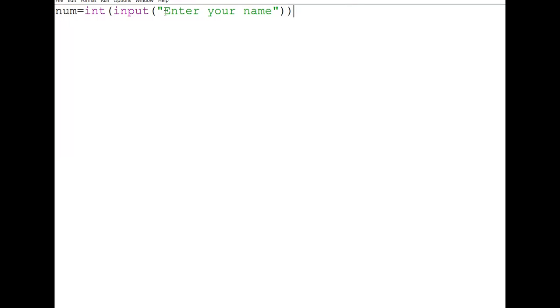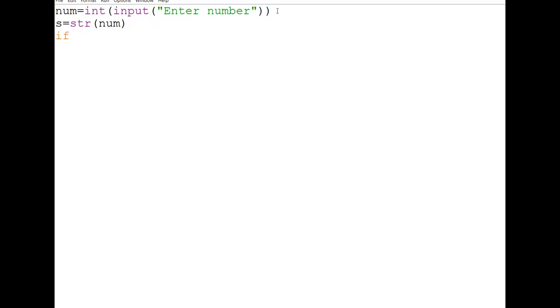Fine. Otherwise, what you can do, enter number. And now what we have to do in this particular case is convert it into a string. S is equal to str of your number; this is the shortcut basically. Then after this, as I said, now it is in string format.